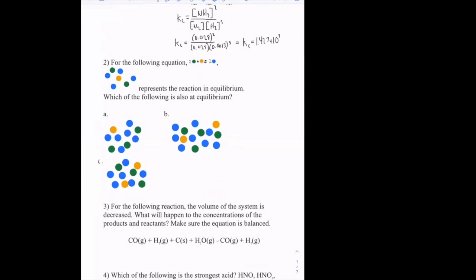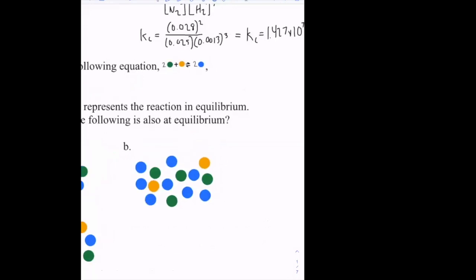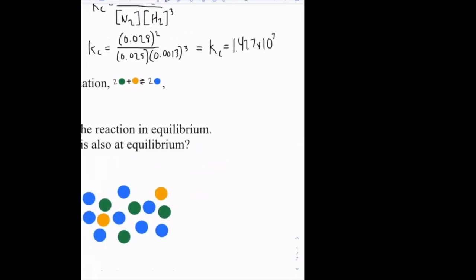Actually happening at equilibrium and figure out which of these other particle systems is at equilibrium currently. And so in this case, the equation is 2 green plus 1 orange gives you 2 blue. And so what I'm actually going to do is write out what this would be as an equilibrium constant. So in this case, Kc would equal, remember it's products raised to the power of their coefficients. So I'm just going to write this as blue squared over, in this case we have green squared